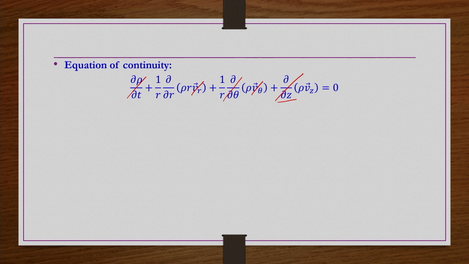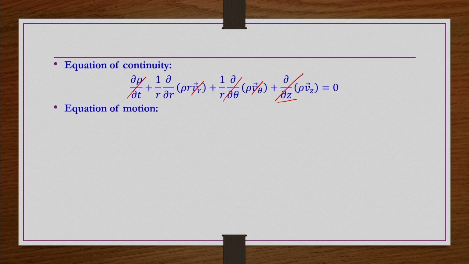In some problems, you may not be able to conclude whether the flow is symmetric or whether the flow is fully developed. In such conditions you can simplify the continuity equation to get one of the conditions. Let us say you know the flow is only symmetric, but you do not know whether it is fully developed or not. Then if you simplify this equation, whatever condition you get, you can understand from that. That is the other point of simplifying the equation of continuity, but we will do that later in the course. For this problem it is not required.